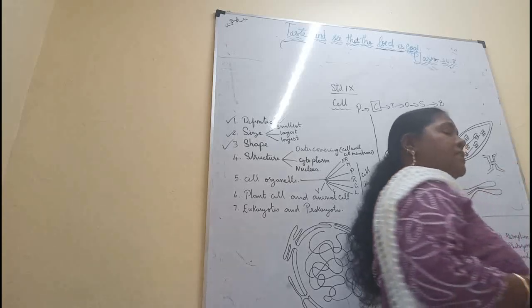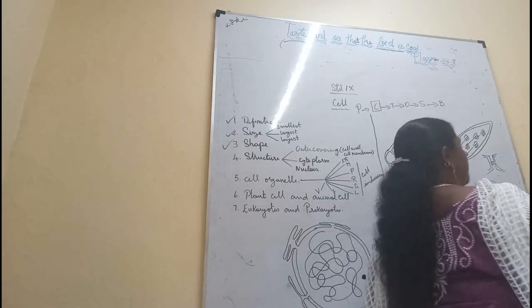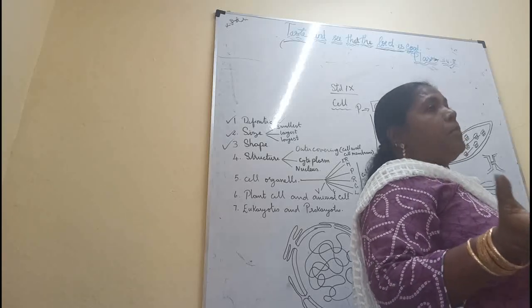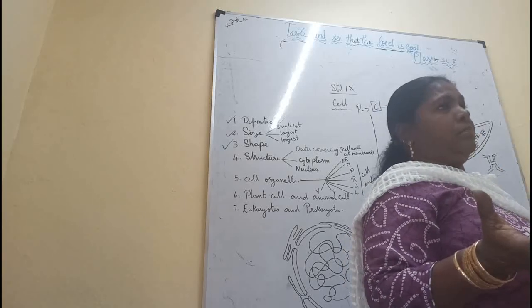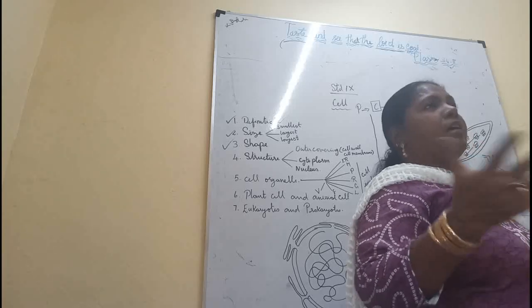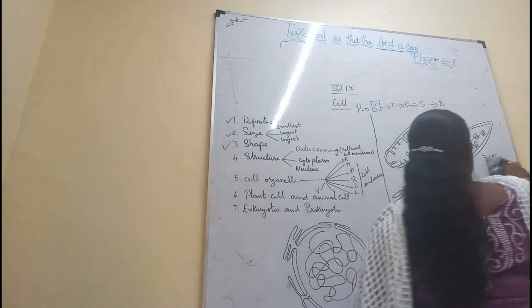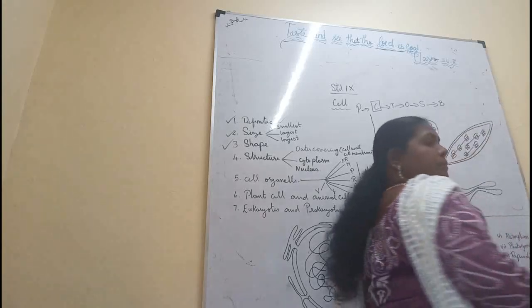This is in plant cell. And of course, in animal cell, the outer boundary is the plasma membrane. The plasma membrane is semi-permeable, so it is connected with each and every adjacent cell. Then next comes